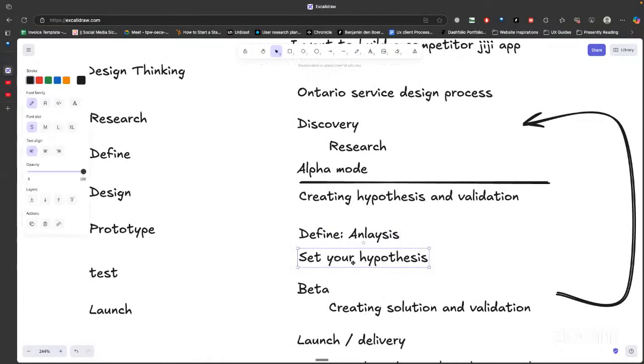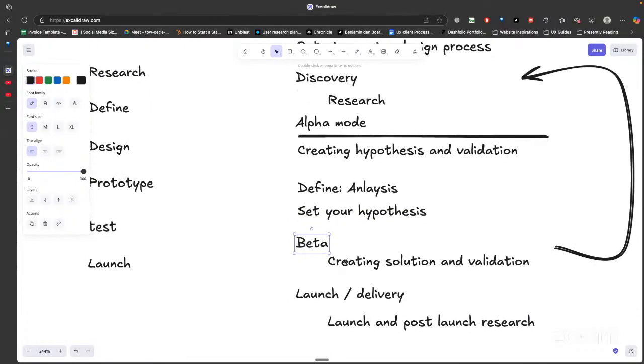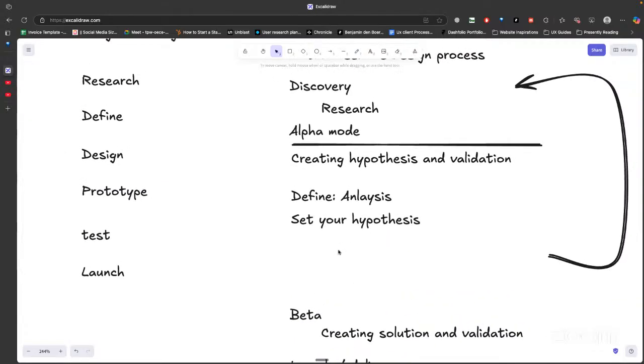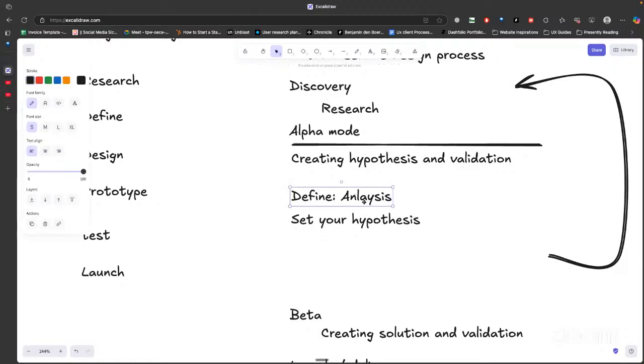So you have your define, you have set your hypothesis. Now once you set your hypothesis, how does the hypothesis look like? You are trying to literally think about what are the possible solutions? Sorry, not the solution. What are the possible opportunities that we may have in the course of discovering this problem? So what that means is that while you define, you've done the definition of what you think the problem most likely is going to look like, you are going to set up your hypothesis. And how do we now set up a hypothesis? You use the keyword called how might we,